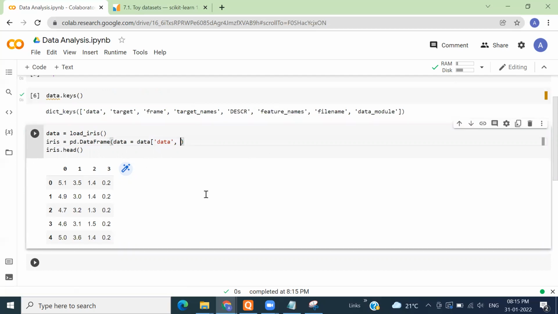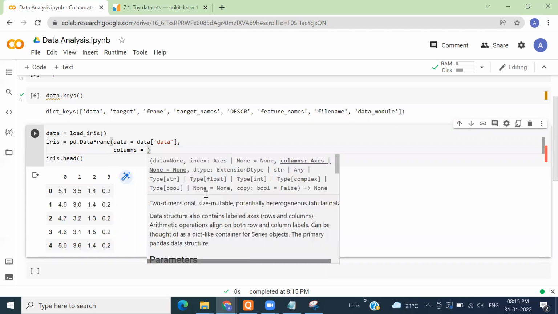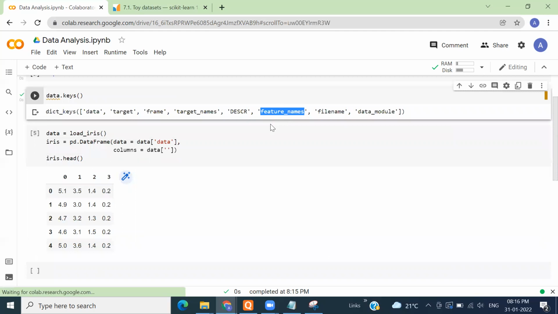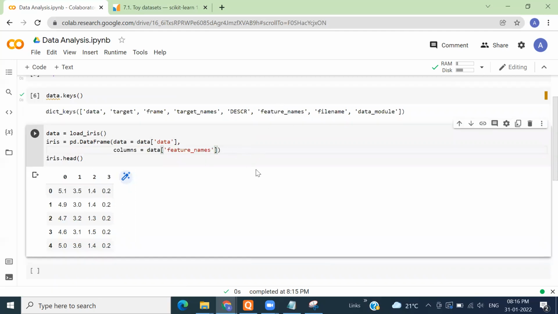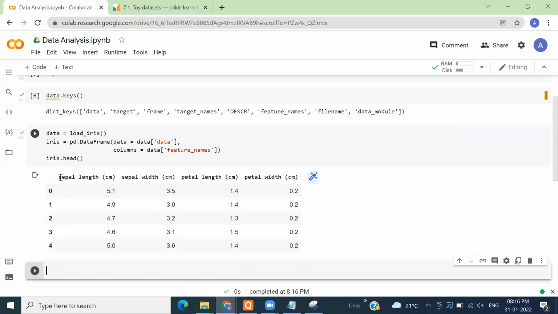So what I'll do now is I need to keep the header name also. So I pass this key, then I'll get its value. Now let us see how it looks. You see we have got the header also,